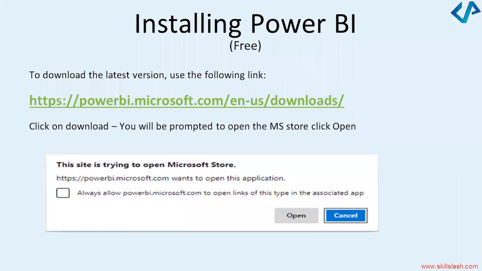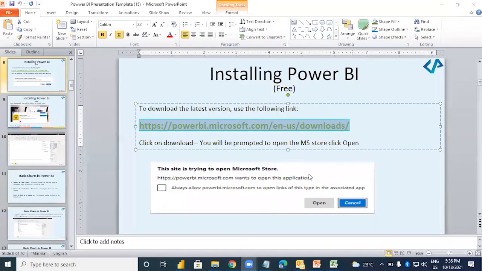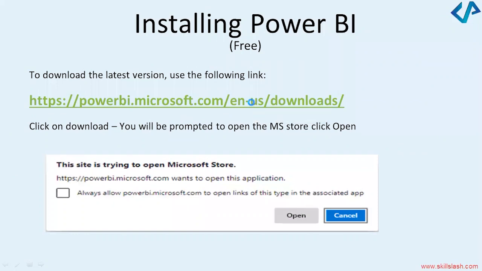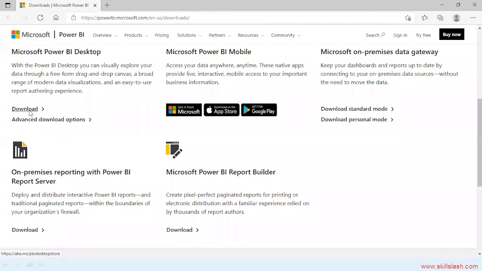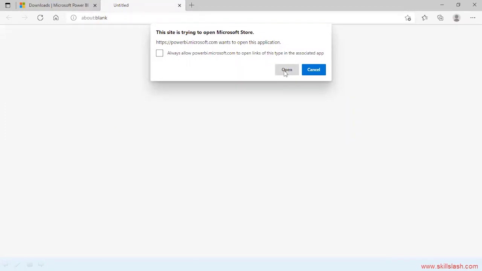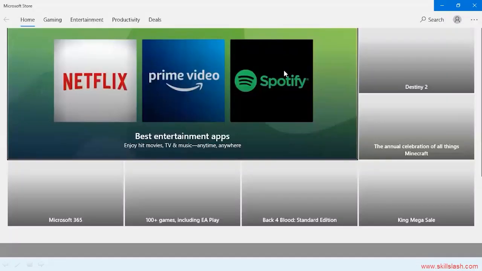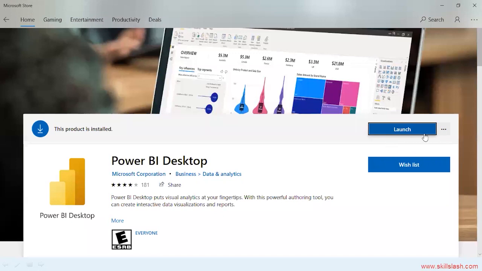Proceeding further, here we have installing Power BI, how to install Power BI. Here I have given you a link to install Power BI, and I will also share this link on the chat. Okay, here it goes. Let me click on this link. It will take me to the Microsoft site. Here you will see something known as Power BI Desktop. You will click on the download button and say open. It is opening Microsoft Store for you. On my machine, it is saying launch